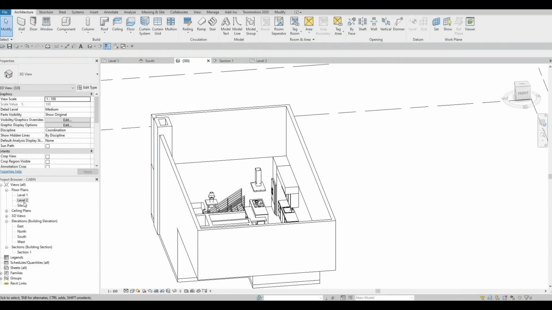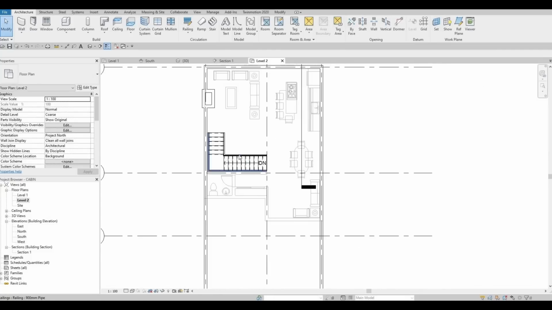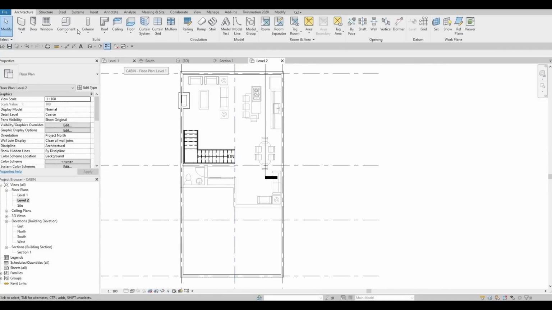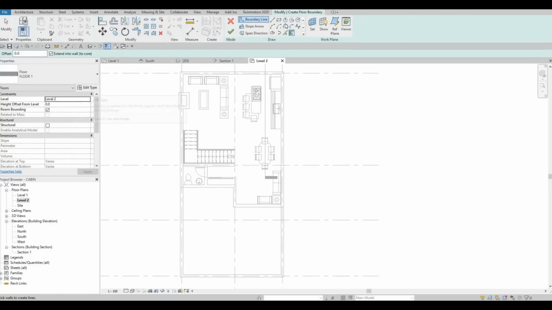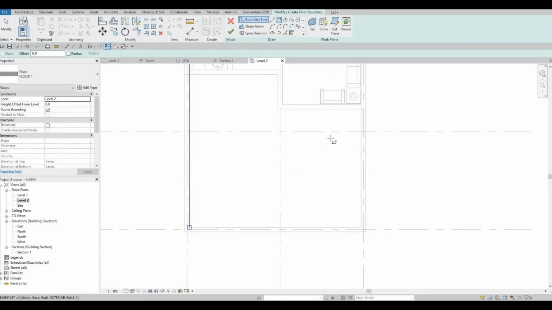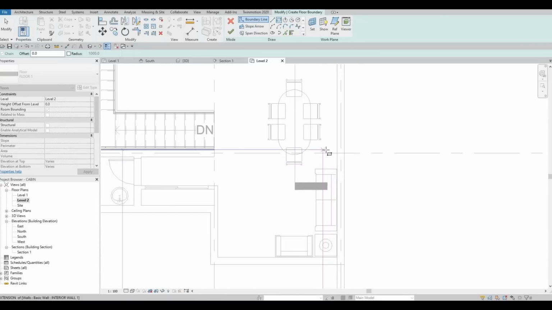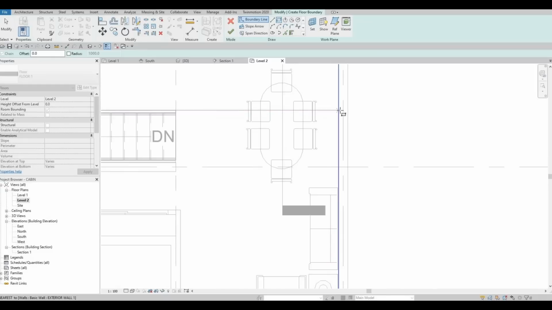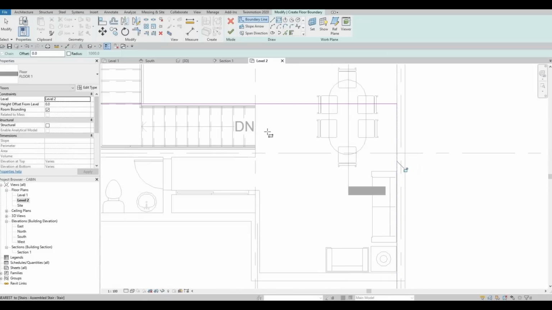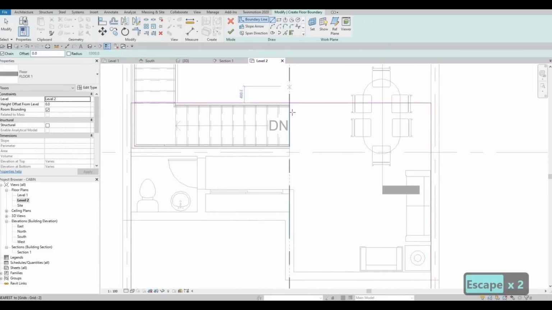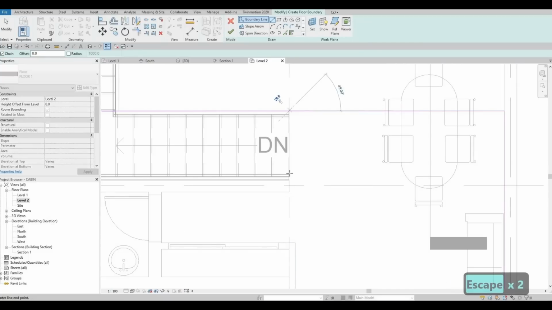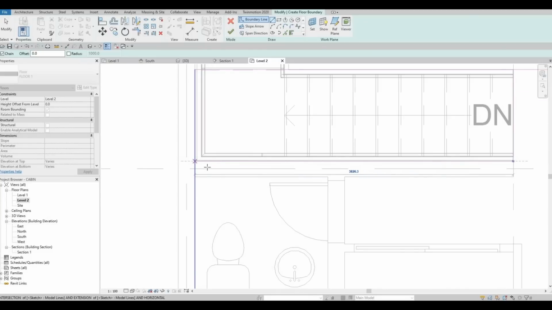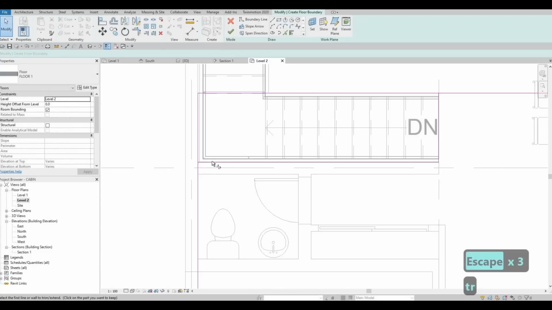And then now let's add in our floor. So let's add our floor by going here to floor again, and then let's add a rectangle but going from the inside, and then going around the stairs. But after that we could just put it like this, and then now we just need to trim and extend,